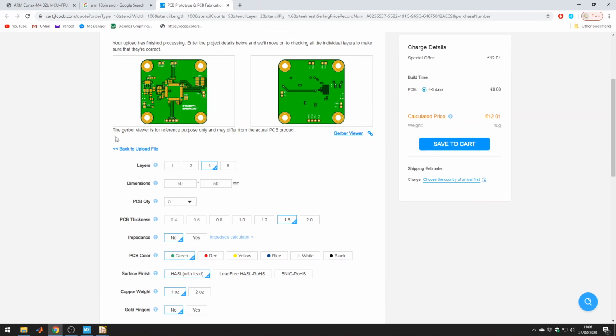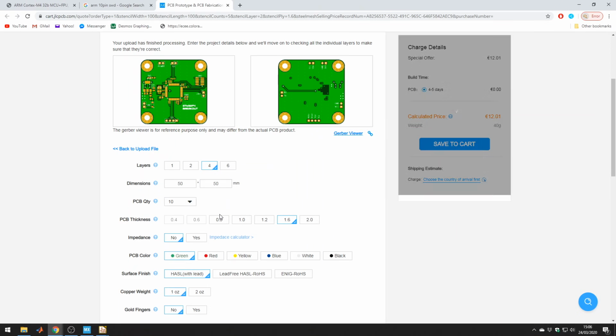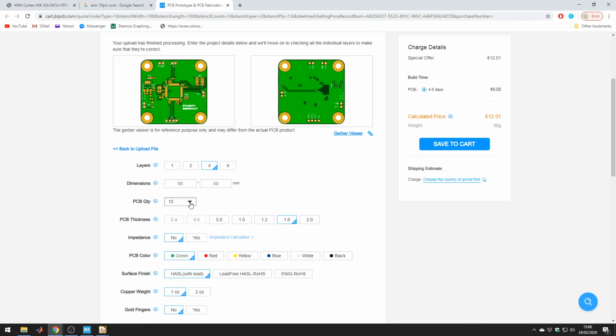Now, we have several options. Layers, that's fixed, of course. Dimensions, yep, that's fixed. Quantity, I don't think there's much difference between 5 and 10. Yep, there's no difference. So let's do 5. PCB thickness is 1.6, that's standard. Impedance, we don't need that. You can use this to do 50 ohm traces and control impedance traces, but for this, of course, we don't